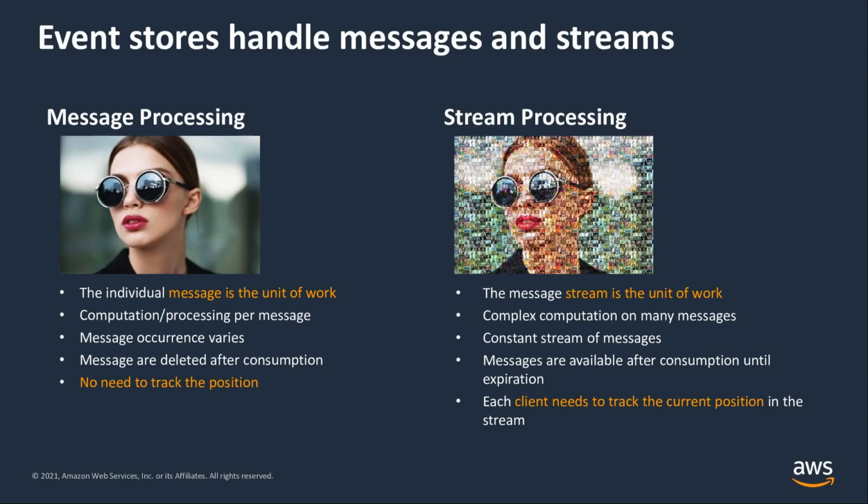Common characteristics for message processing are that you can configure after how many unsuccessful attempts to process a message, the message should be moved into what we call a dead letter queue, or DLQ, where you can process the message out of order. Typically, a message will be deleted by a consumer after the message was successfully processed. This means that there's no need to track which message was already processed by a client. The client is just asking for the next one, which is typically the oldest message that the message broker has.